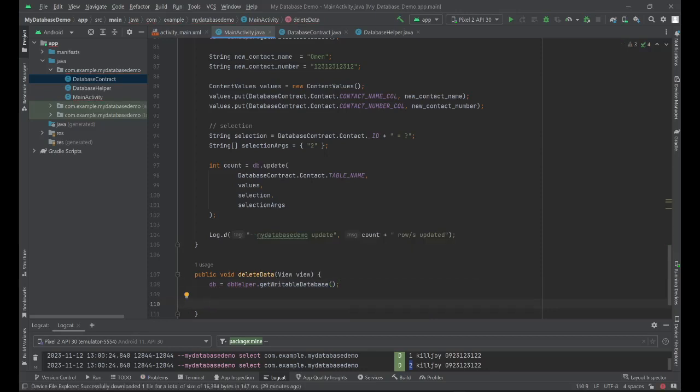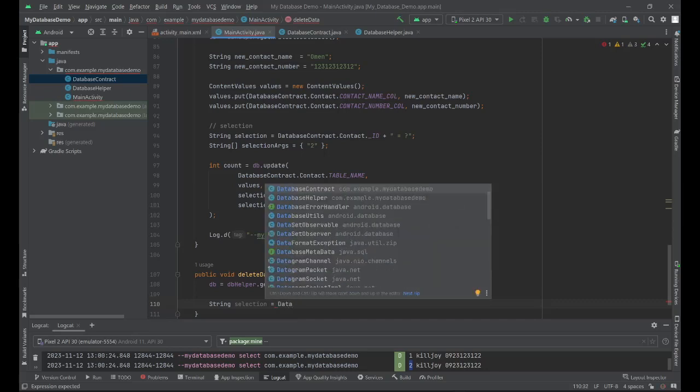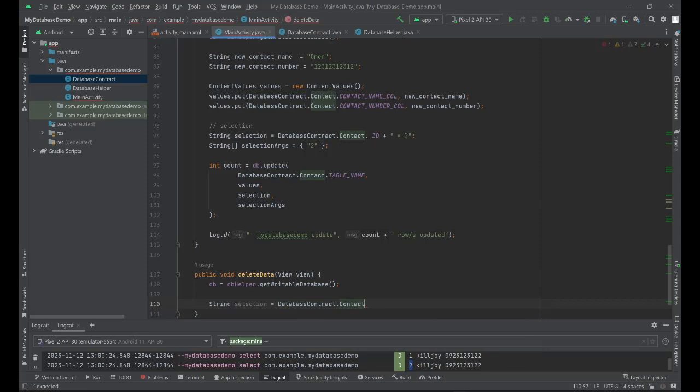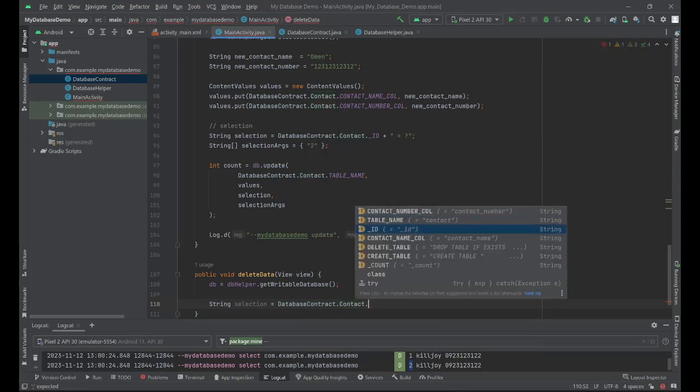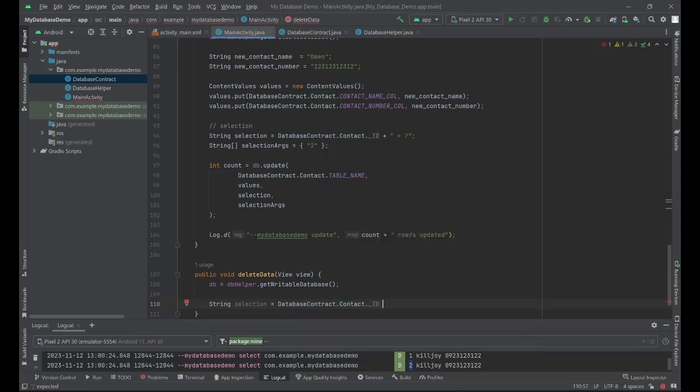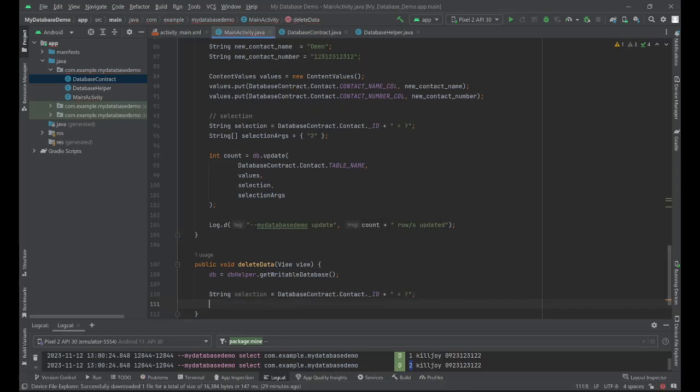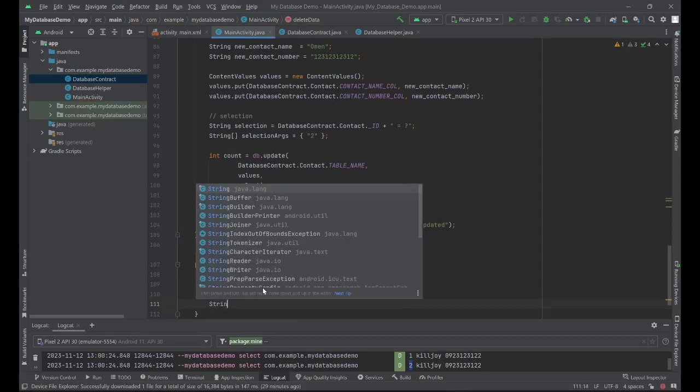and then we have selection here. So string selection would be what column you want to use for the deletion. So I'll use id. So let's call the contract class, that contact and then that id, and then the operation, so equals,